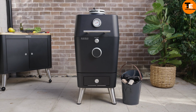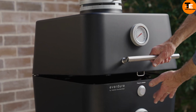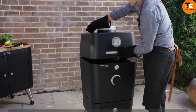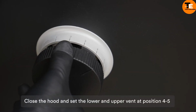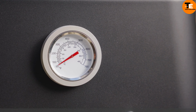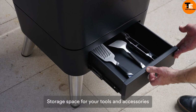K1 Kamado. The K1 Kamado is a high-end charcoal grill, perfect even for beginners willing to invest $2,500. Prioritizing safety and ease of use, it features double-walled insulation to prevent burns and a reliable analog temperature sensor displaying both Celsius and Fahrenheit. The grill includes an ash collection tray and a separate drawer for accessories, making cleanup and